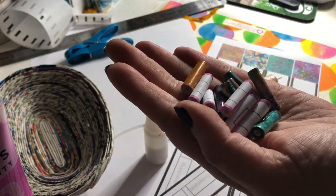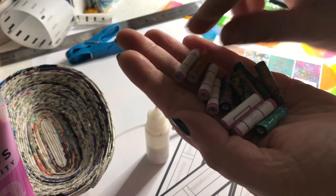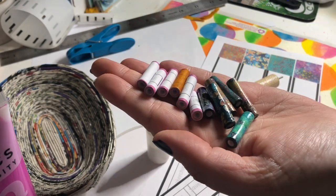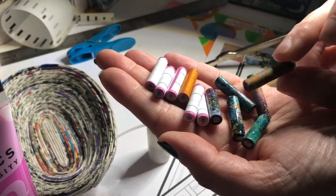In one of my previous videos, I showed you how to make tube beads, how to roll them, how to cut them, and these were the ones that I made. But I showed these Batik ones as the example. I don't know if you can see that. Let me move the light a bit closer because it's a bit dark in here. These Batik ones, and